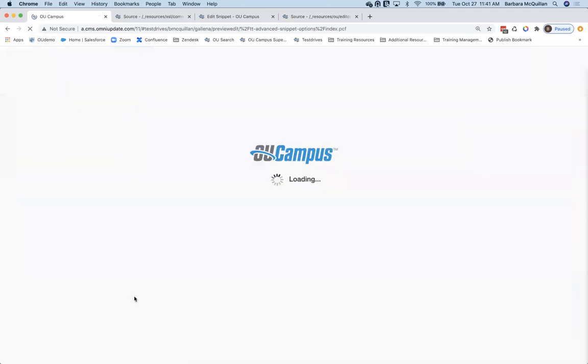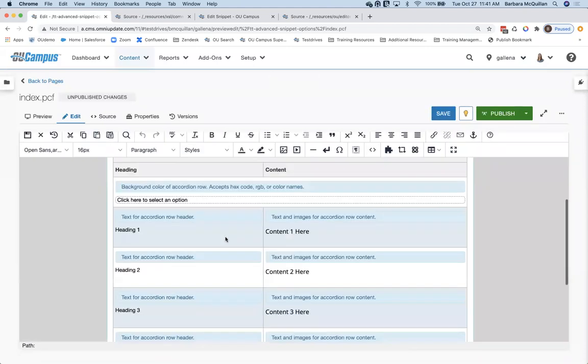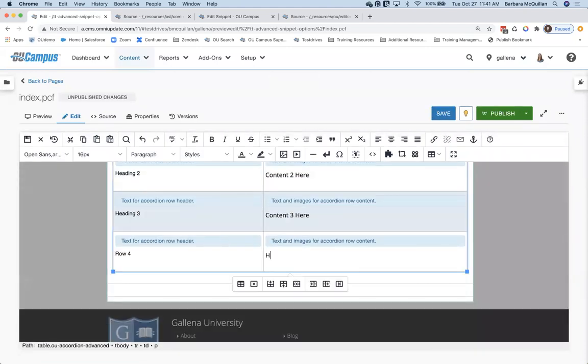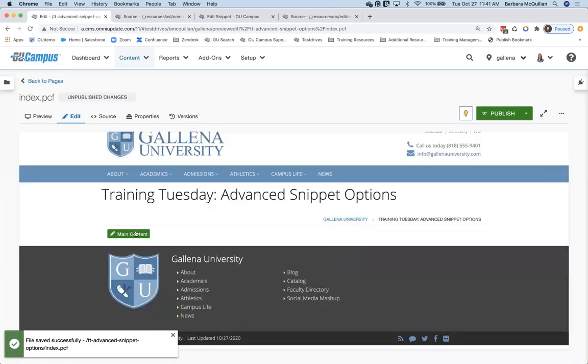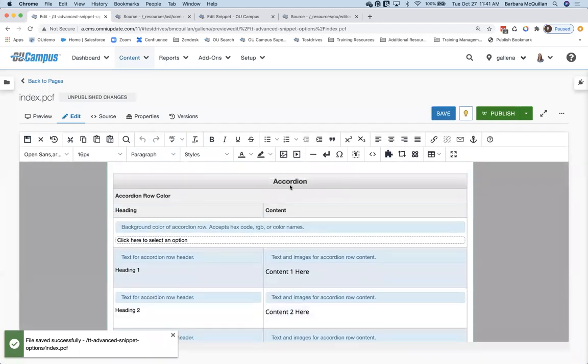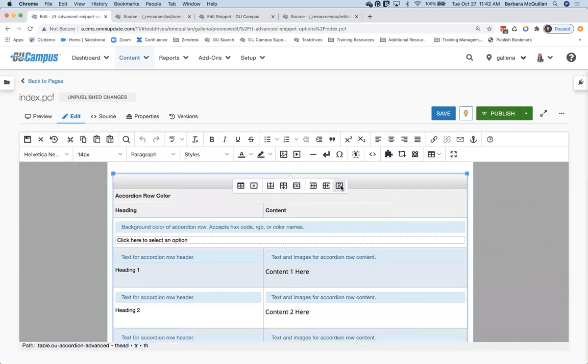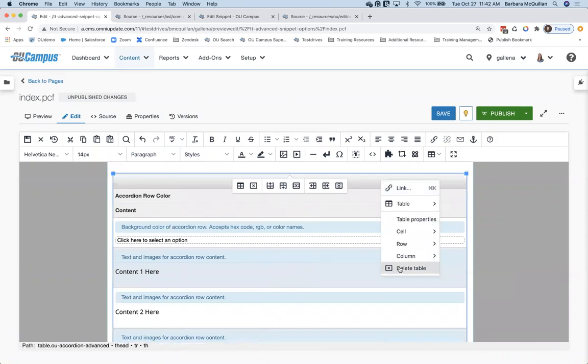Ooh, what did I just do? I broke the world. So this particular accordion, I built out specifically for this Training Tuesday.